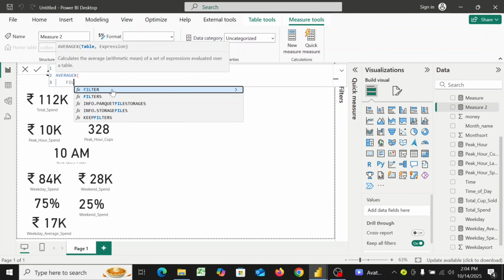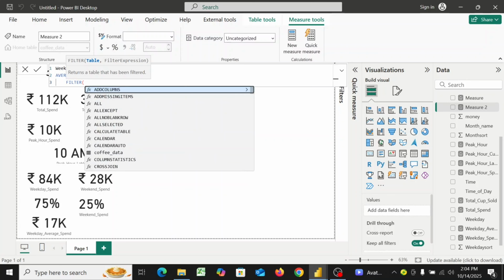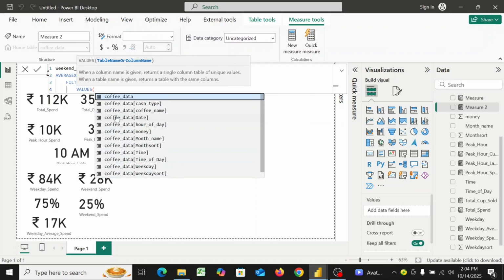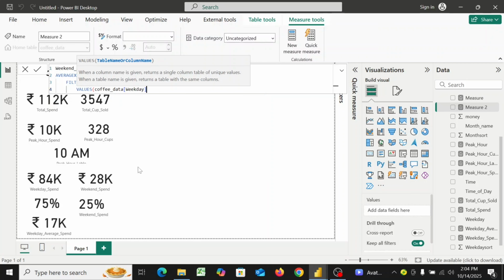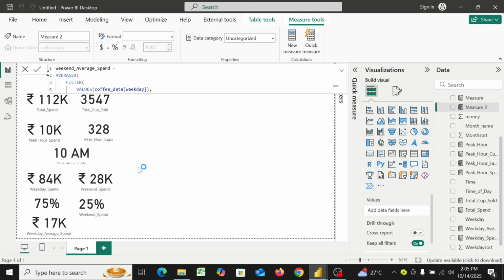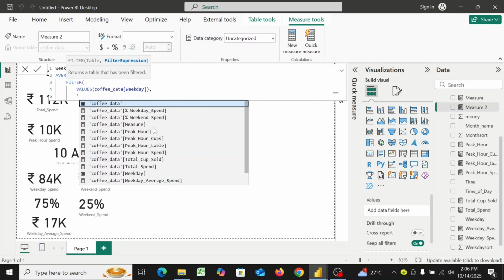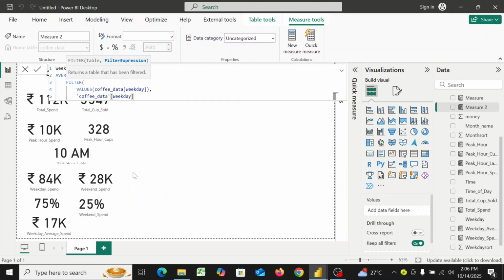Filter the values of weekday column, close the bracket, comma, select the weekday column in